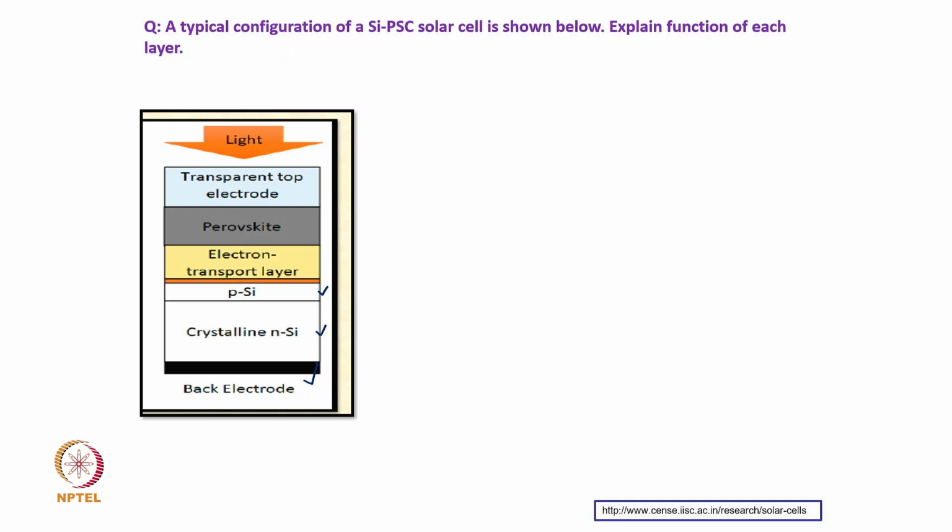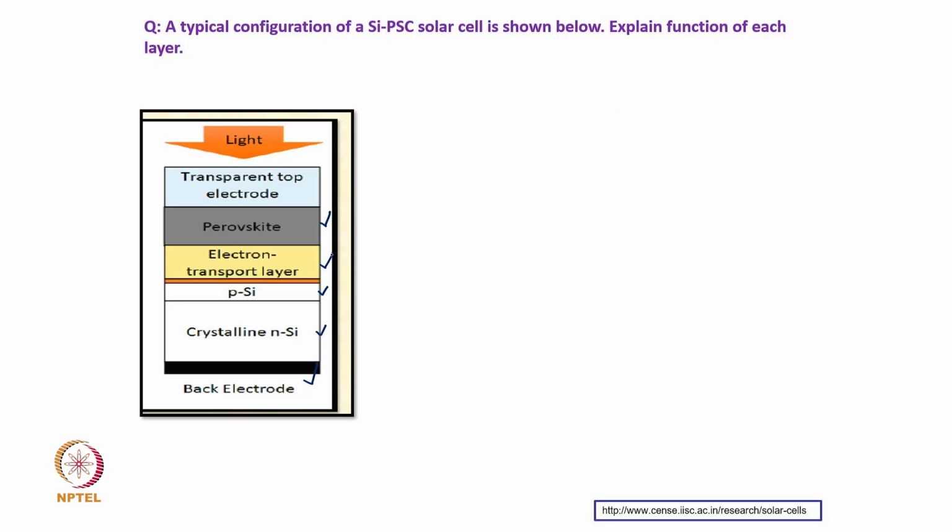So, let us now look at the other layer. So, this is perovskite which is used in the top cell. Perovskite, say it is a thin film configuration perovskite. So, this perovskite is used for generation of charge carriers when light falls on the perovskite material. When charge carriers are generated, they are also transported through the perovskite, and then the electron goes to the electron transport layer, ETL,